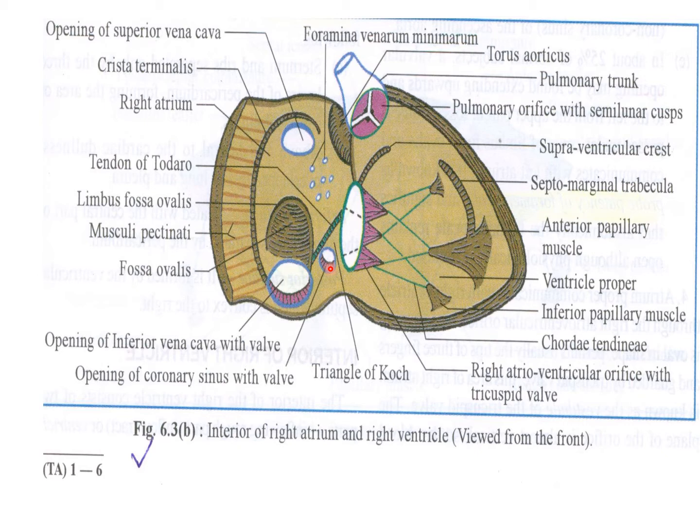So where was the eustachian valve? In the inferior vena cava. And which valve is this? The Thebesian valve. This valve is developed from the lower part of the right venous valve. Just above the opening of the coronary sinus lies the atrioventricular node. So where is the AV node? Above the coronary sinus. Here there is a triangle, and the name given to that triangle is the triangle of Koch.